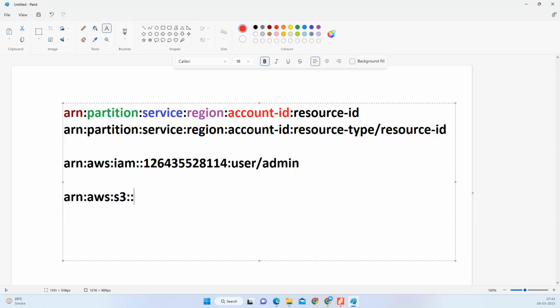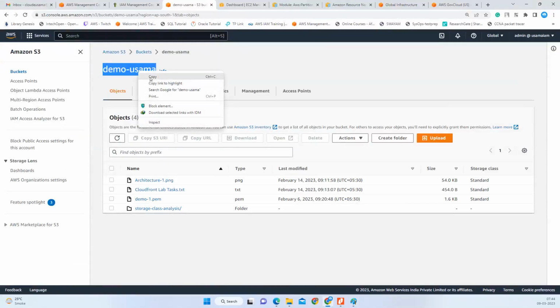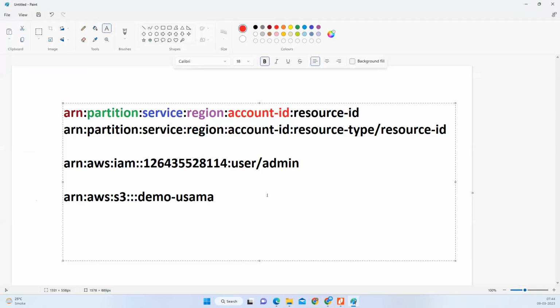अकाउंट आईडी। Also the buckets are unique for all the accounts all over the internet, all over the world। तो अकाउंट आईडी भी देने की जरूरत नहीं होती। If you are specifying the account ID, there is no harm in that, but you don't need to specify the account ID because they are unique. हम लोग यूनिक क्रिएट करने के लिए ये सारी चीजें लिखते हैं, तो अकाउंट आईडी भी देने की जरूरत यहाँ पे नहीं होती है फॉर द बकेट्स। सो व्हाट आई एम स्पेसिफाइंग हियर, अगेन आई एम पुटिंग द अकाउंट आईडी टू द ब्लैंक। अभी रिसोर्स आईडी देने की जरूरत नहीं है आपको, रिसोर्स टाइप देने की जरूरत नहीं बिकॉज बकेट्स आर buckets only, so you don't need to specify anything, just you need to specify the name of the bucket, that is the डेमो उसामा।